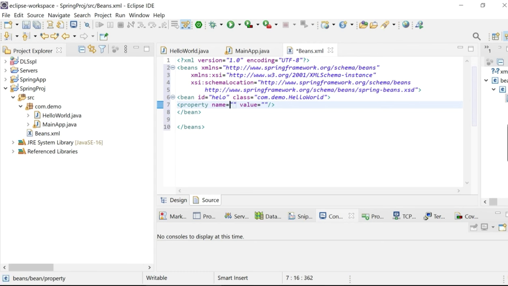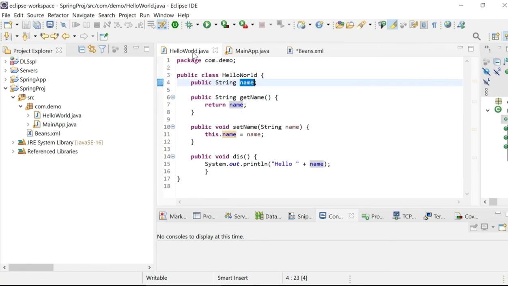Inside name I need to give the Pojo class variable name. Here you can see this is the HelloWorld Pojo class, with the variable name.